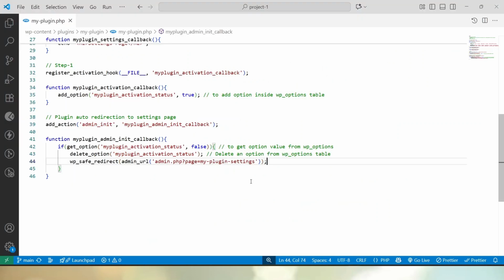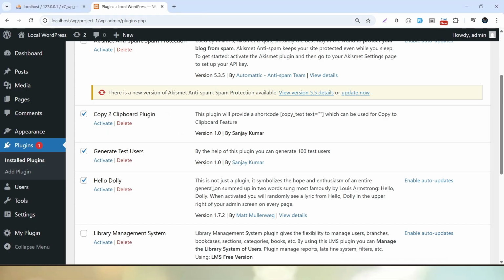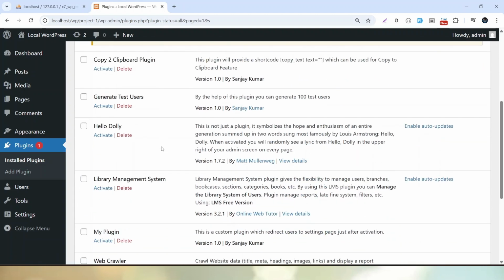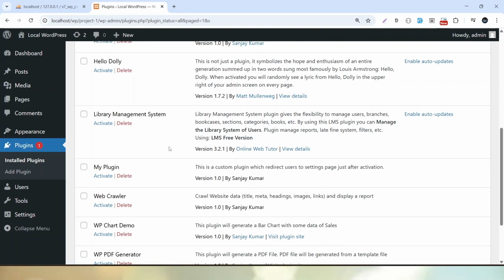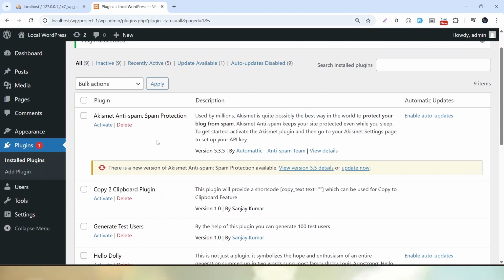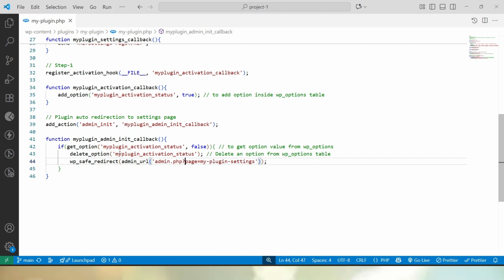So here I want this code to work only if the user has clicked on the activate link of this plugin. Let's deactivate first. I want the things we coded for our custom plugin to work only if the user clicks on this activate link. No code should work whenever the user selects mass plugins and activates them from this apply button. So what we have to do is go here, and before the redirection, let's add a